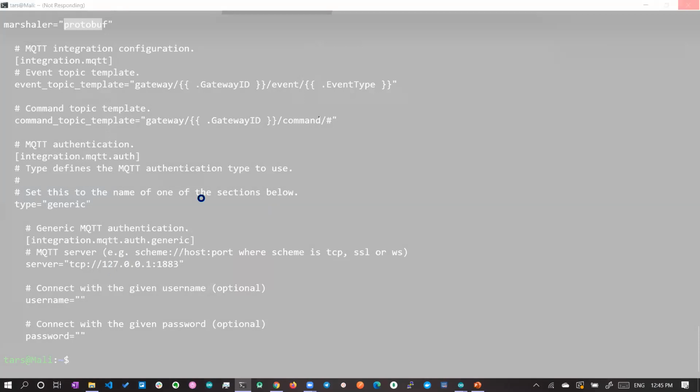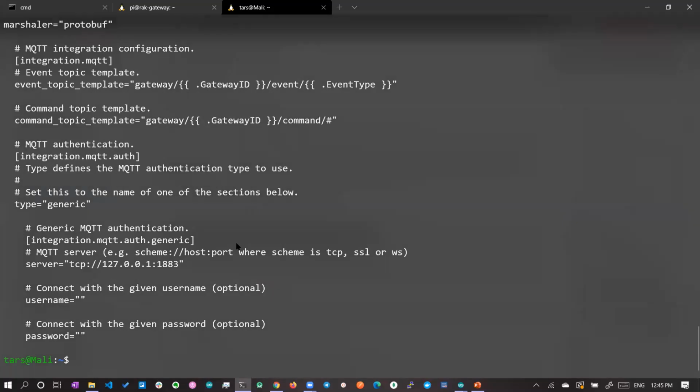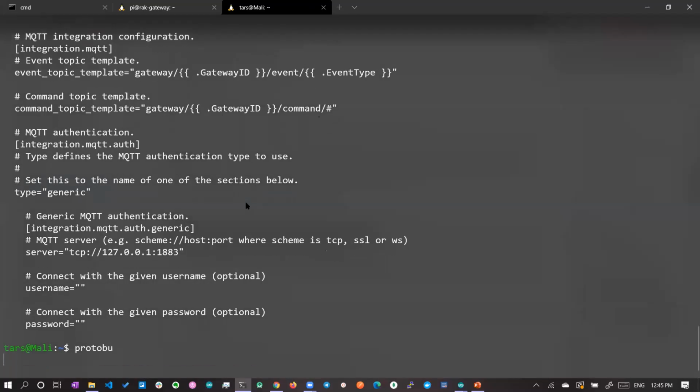Fine. Now let's go there and start the gateway bridge. Sudo systemctl start chirpstack-gateway-bridge. Sorry, I'll copy it. I'll come back.